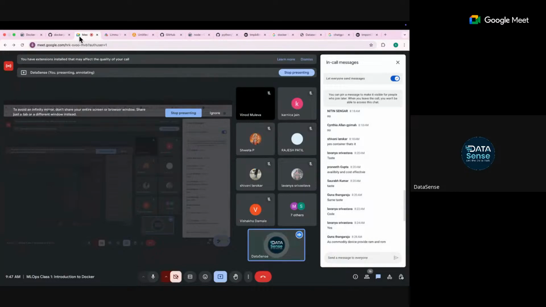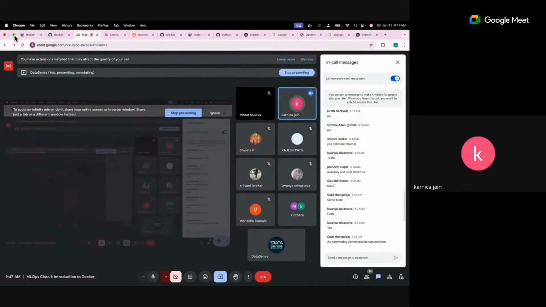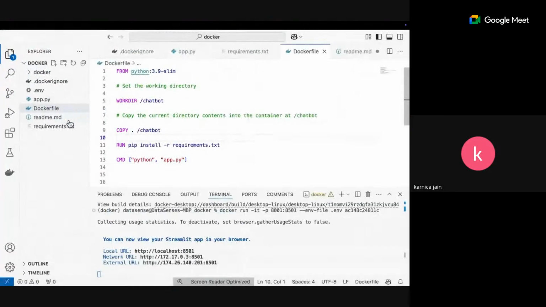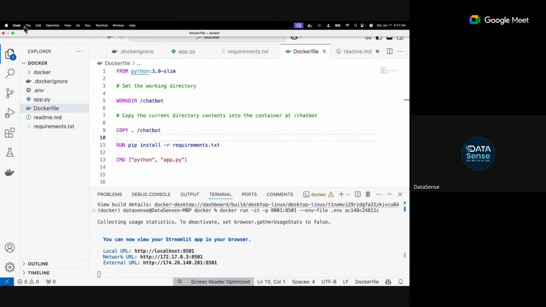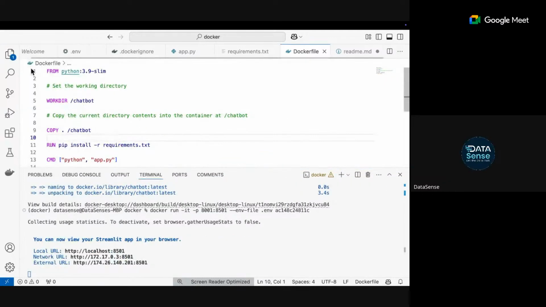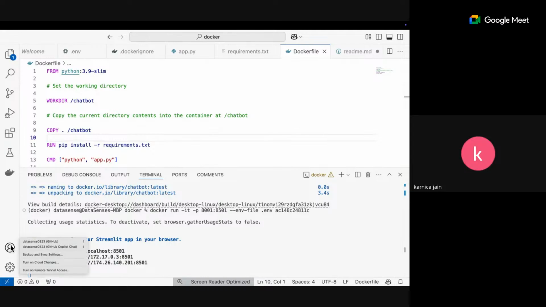Any other doubt? I have a doubt which is unrelated to this session. When you were typing on your system, it was automatically suggesting code. That is GitHub Copilot. While you install VS Code, you can set up GitHub Copilot. It helps you in writing code, like auto-correcting. It helps sometimes. Is it free? Yes, it's free of cost. I'm not paying any money for that. Okay, thank you.